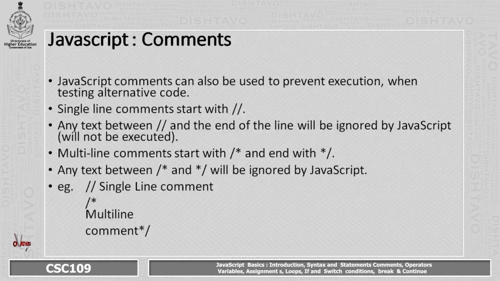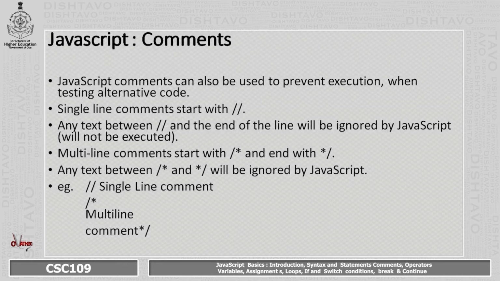JavaScript does support comments. In fact, JavaScript has two types of comments. We have single line comments and multi-line comments. Single line comments are used when you want to put short lines of comments within the code. They are prefixed with double slashes. And multi-line comments are used when you have a paragraph that would go inside the code. When we are using multi-line comments, we use the slash asterisk with all the commenting text followed by asterisk slash that closes the comment.